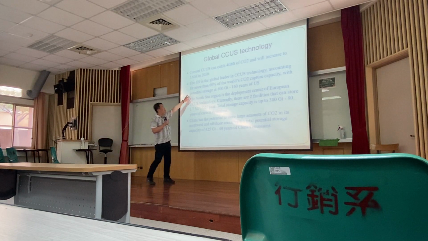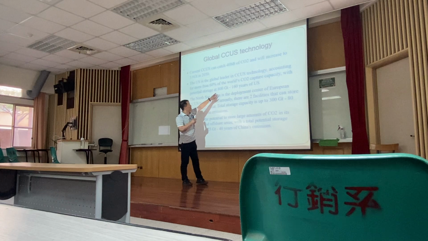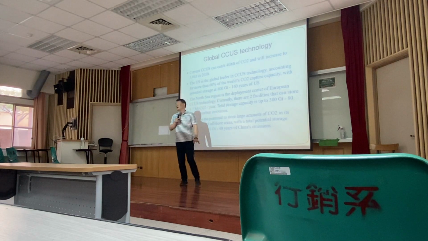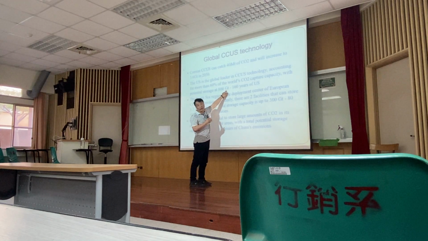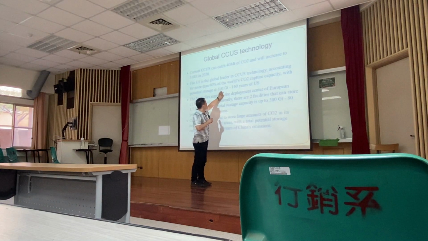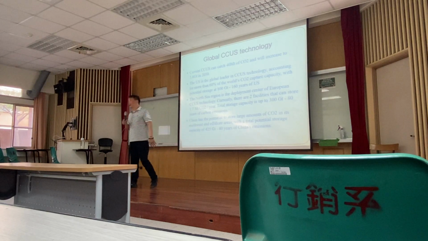And storage. So United States is a global leader in this sense, in CCUS technology. You know, they are developing a lot of carbon dioxide capture capacity. So they are going to achieve about 60%. And their potential storage is 800 gigaton. And actually, each year, right now, globally, is only 7.7 gigaton, right? So for the United States, they can store about 100 years of global carbon dioxide.